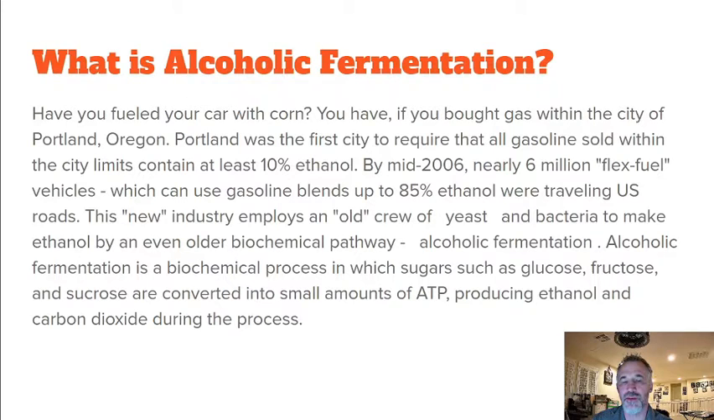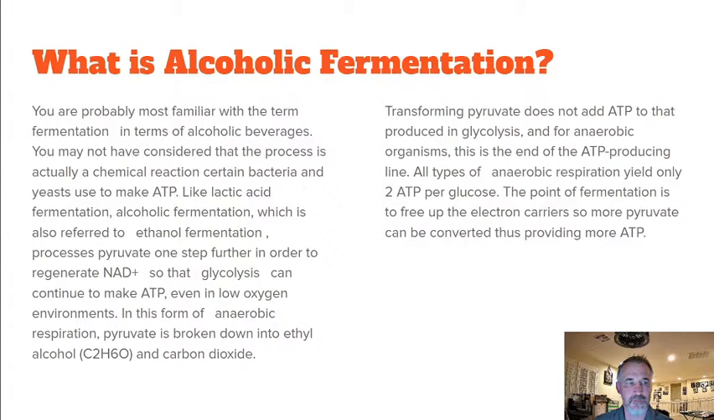This new industry employs an old crew of yeast and bacteria to make ethanol by an even older biochemical pathway called alcohol fermentation. Alcoholic fermentation is a biochemical process in which sugars such as glucose, fructose, and sucrose are converted into small amounts of ATP, producing ethanol and carbon dioxide as a byproduct. You are probably most familiar with the term fermentation in terms of alcoholic beverages. You may not have considered that the process is actually a chemical reaction certain bacteria and yeast use to make ATP. Like lactic acid fermentation, alcohol fermentation, which is also referred to as ethanol fermentation,